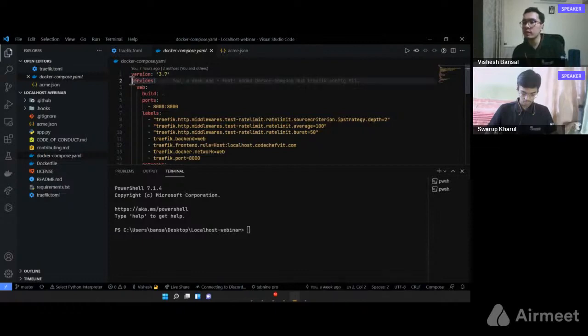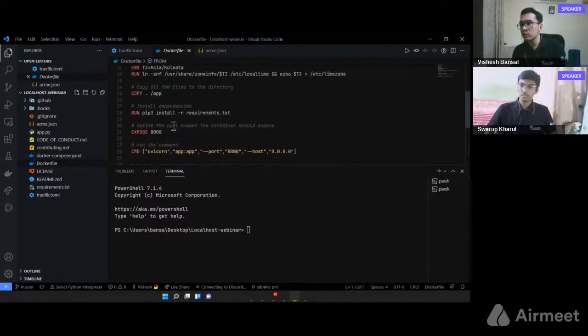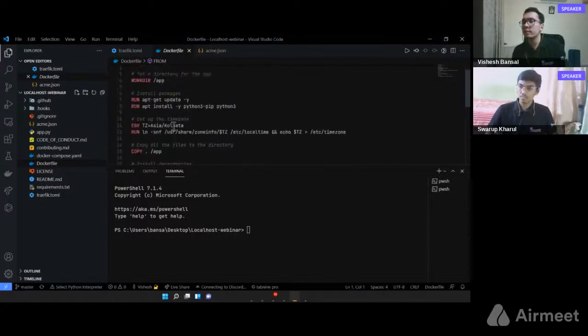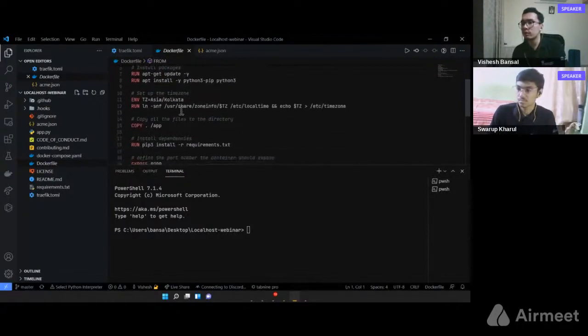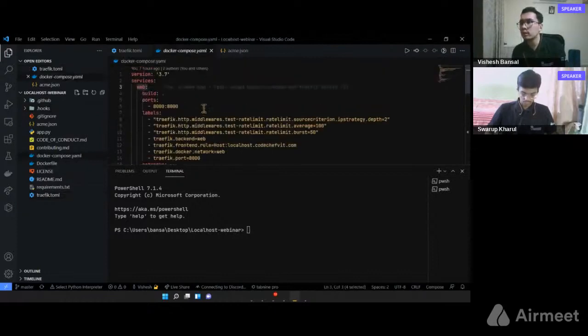And then we define a list of services. Let's say we have to run a DB, and this is web, which has to be run on the front end. All of these have different Docker files which we've written over here. If there is, let's say, a database, we'll have another Docker file written over here that we can run. Then we specify the labels for our Docker file. So we set up middlewares, and in middlewares, we have added a parameter called rate limiting.